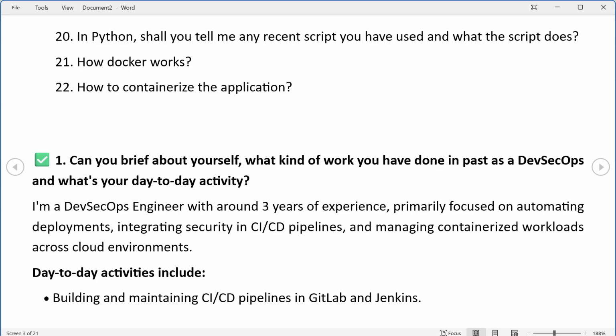I'm a DevSecOps engineer. I have around 3 years of experience, primarily focused on automation, deployments, and integrating security testing into CI/CD pipelines, and managing containerized workloads across cloud environments. If you want to, you can specify your earlier organization details, and later come to the current organization, and there you say, as of my current organization, my day-to-day activities include